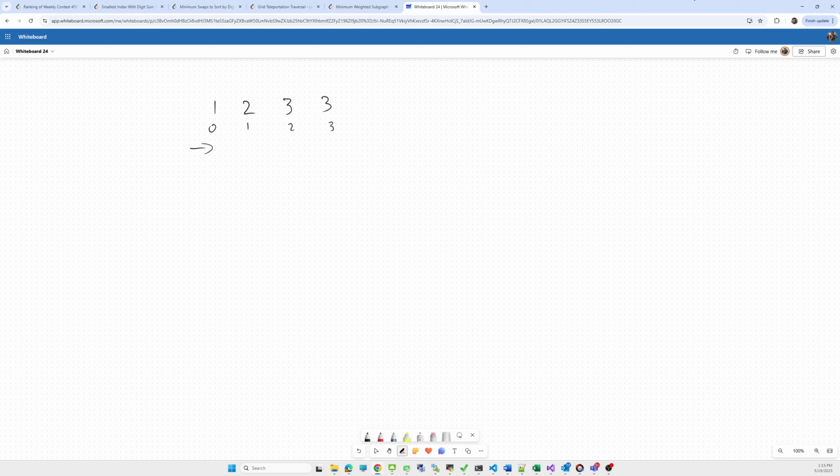While iterating from left to right, we have to return the first index where the sum of digits of the element at the ith index, the current index, is equivalent to that index.